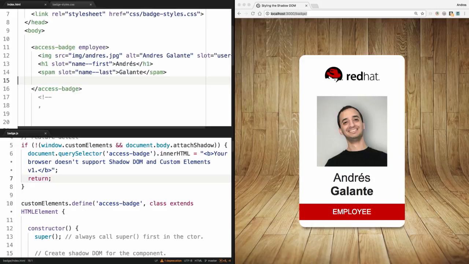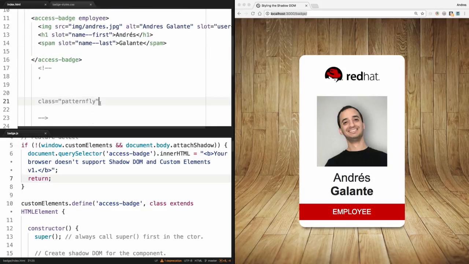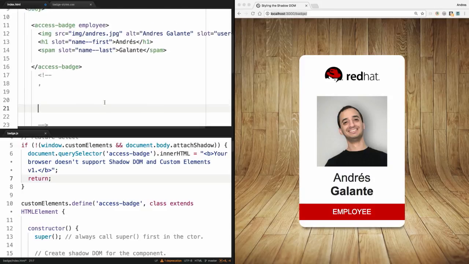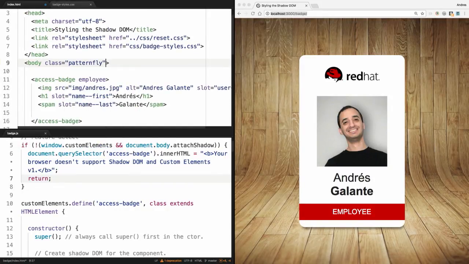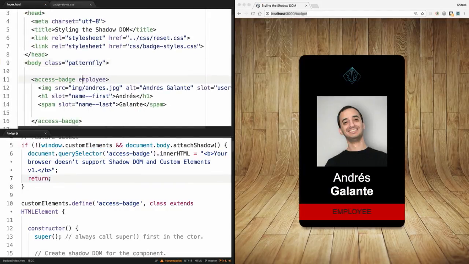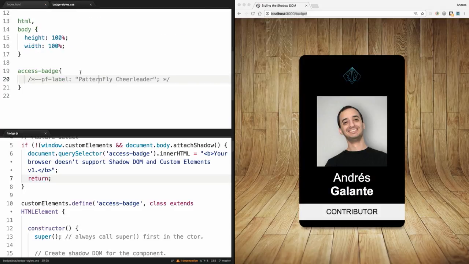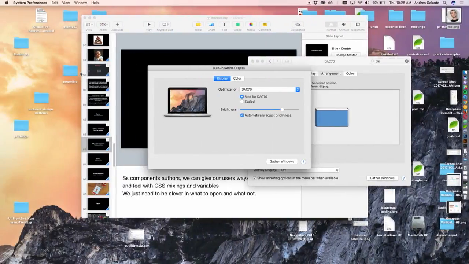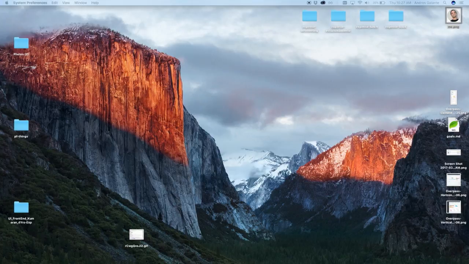And with the host context selector, I can change this card by theming it with a class of patternfly here in the body. So this would be my, in a way, my patternfly badge, right? But this is not completely accurate. So I have a variable here that will actually put the real thing I do for Patternfly in a way. So the shadowDOM, in my opinion, is really, really interesting,